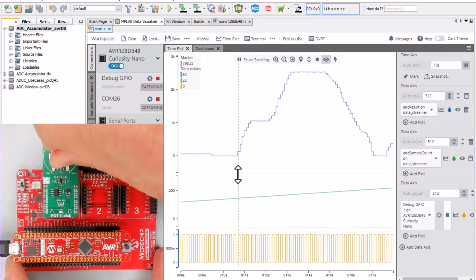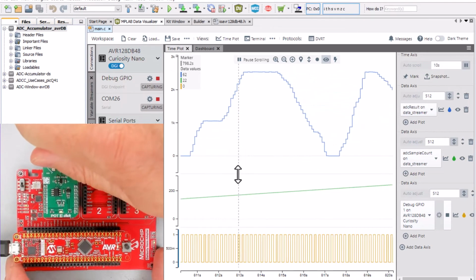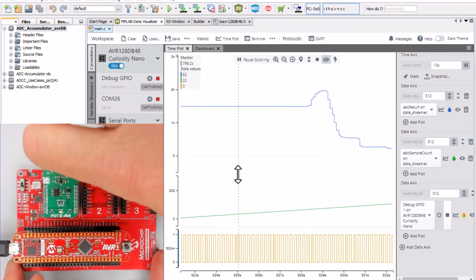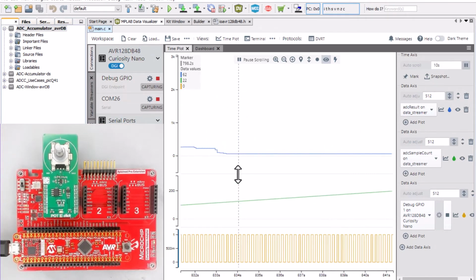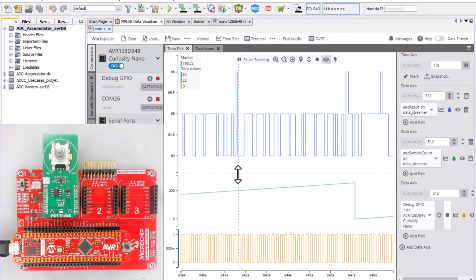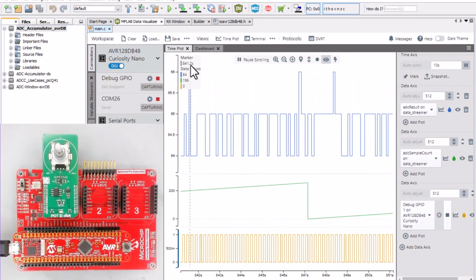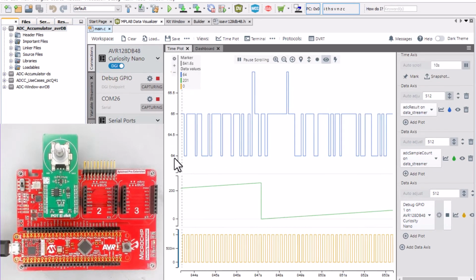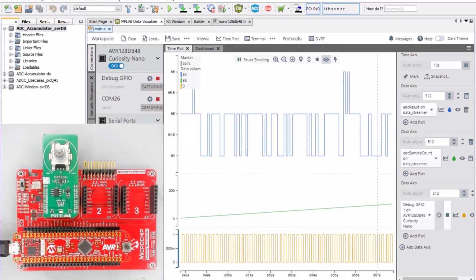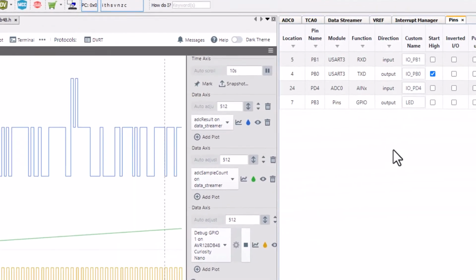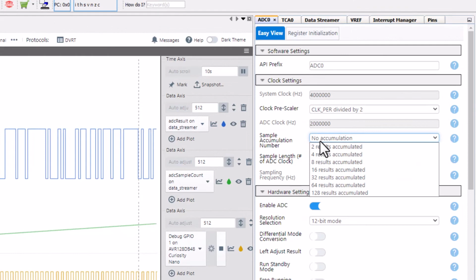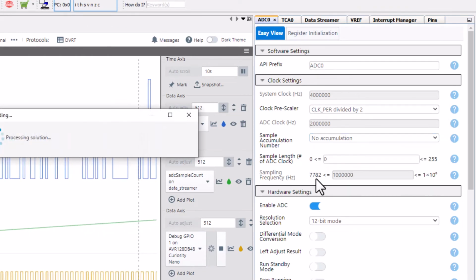So this is accurately representing my potentiometer value. I let the samples settle near the bottom of the plot, and here I can see that the noise is between 64 and 66, so about 2 bits of noise. So now if we go back to our ADC and select accumulation and 64,